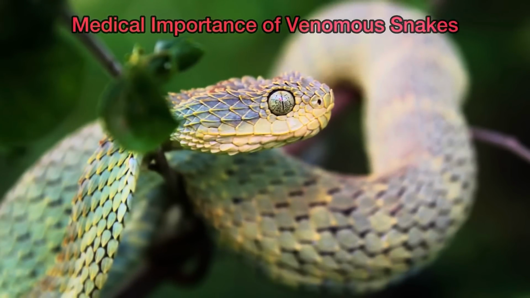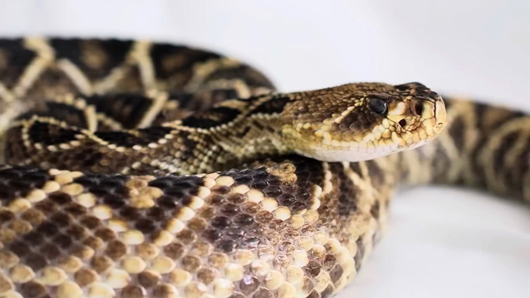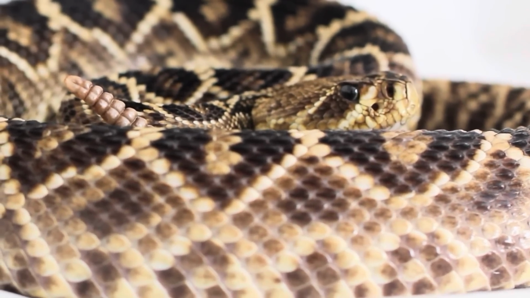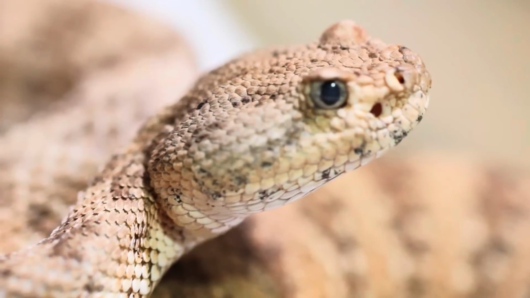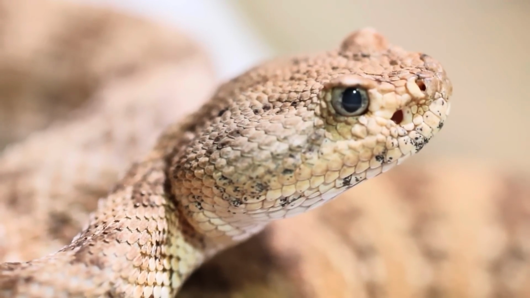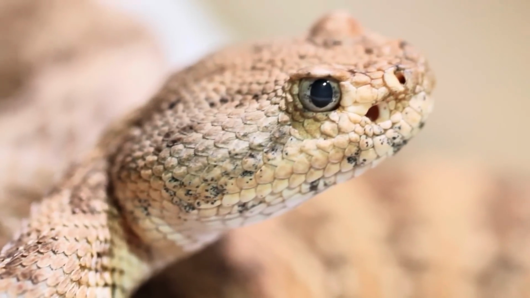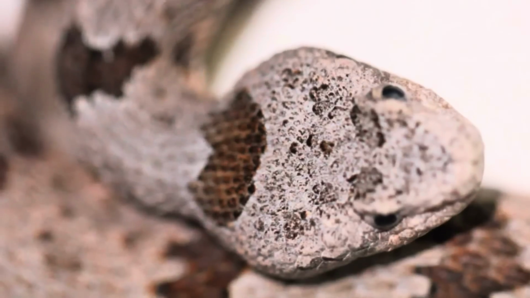Venomous snakes are feared by many, and it's understandable due to the effects venom can have on the human body. But as mentioned time and time again in this video, the purpose of venom in snakes is for prey capture. Accidental bites do occur, but it's extremely rare. Most bites occur from people trying to mess with or harm snakes. As long as you leave them be, a bite is easily avoidable.